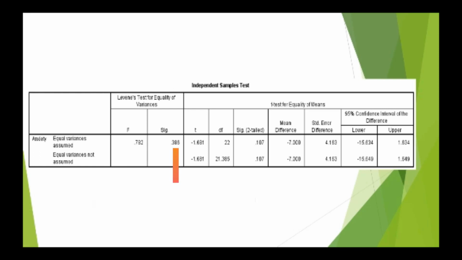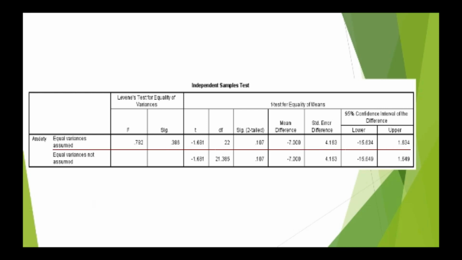If the significant value is less than 0.05, then the assumption of homogeneity of variance has been broken, and therefore, we should look at the row labeled equal variances not assumed. However, if the significant value of Levene's test is bigger than 0.05, then we should look at the row labeled equal variances assumed. In our case, since the significant value is greater than 0.05, we should look at the row